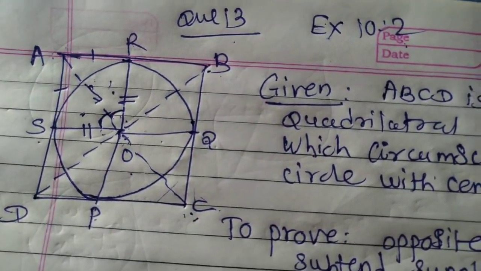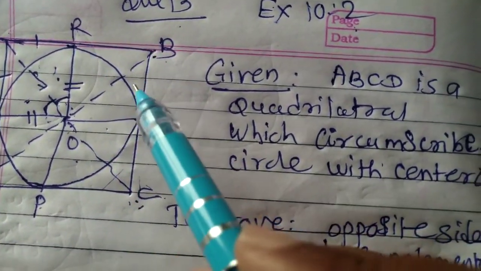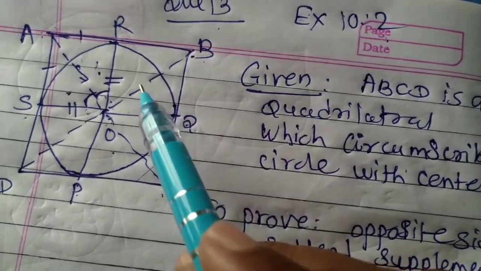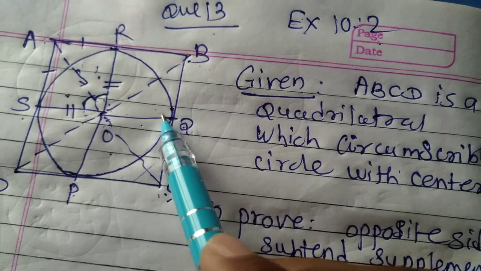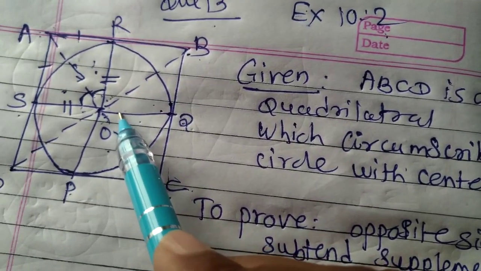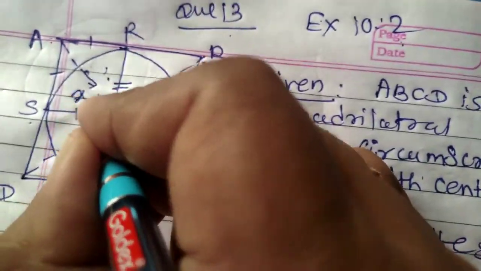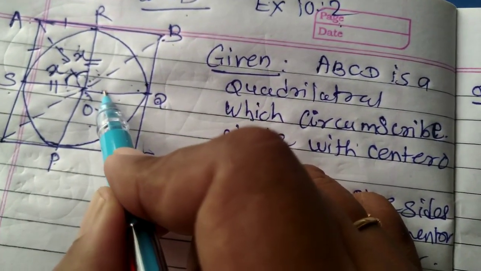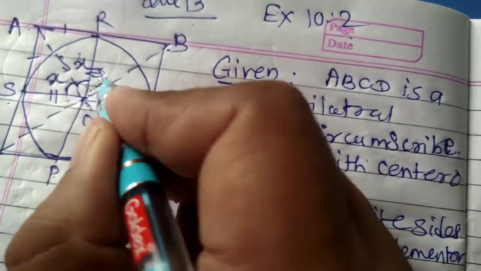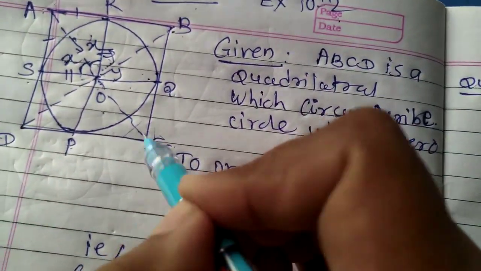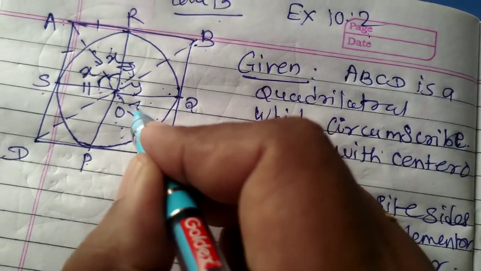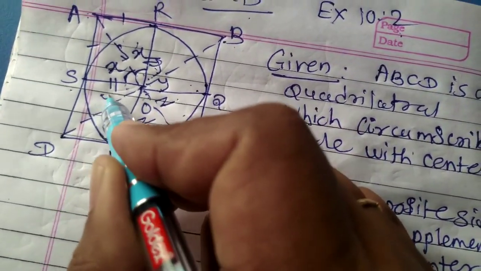Now consider the point B. Same thing we have to prove, no need to write the proof again. Just write down which two angles are equal. These two triangles are congruent by SSS criteria, and again these two angles are equal. Let the measure of these two angles be y. Similarly from C, these two triangles are congruent, and the measures of these two angles are equal. Let them be z and w.